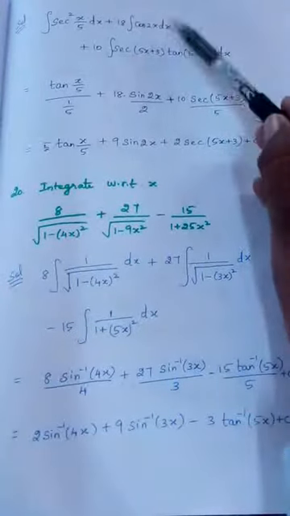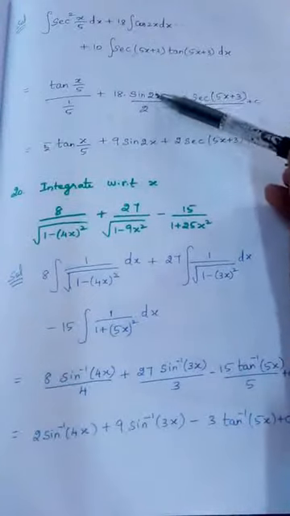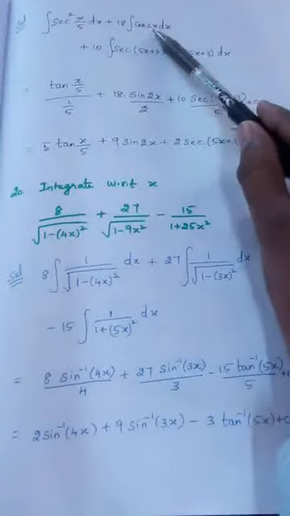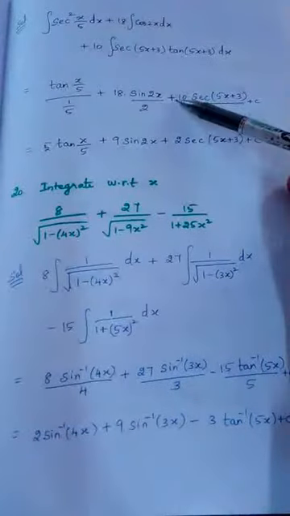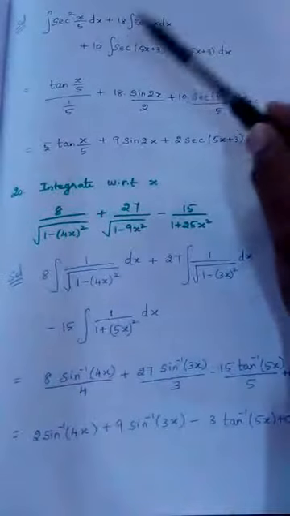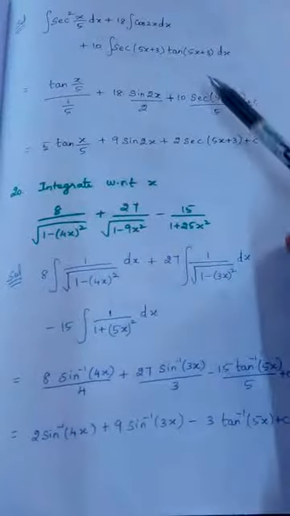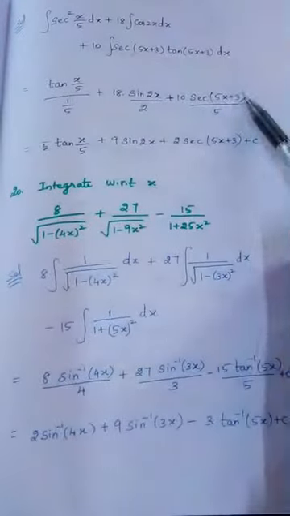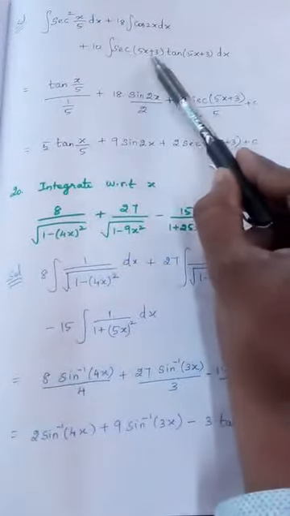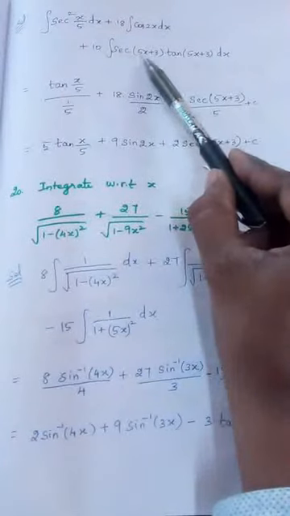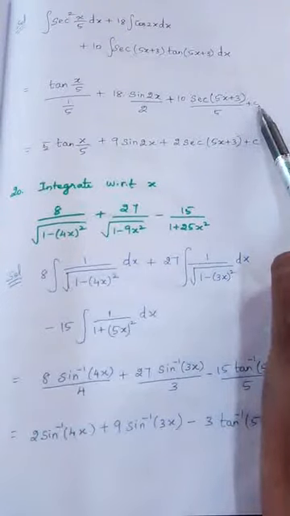plus 18 cos 2x dx. Integral cos x dx, answer is sin x, so sin 2x, but in place of x, 2x is present. Differentiating this again, 2 will come, 2 should be written in the denominator, plus third integration 10. We know integral sec x tan x dx, the integration answer is sec x, so sec(5x + 3), but in place of x, if you watch, 5x + 3 is present, so differentiating 5x + 3, once again 5 will come, so we should write that 5 in the denominator, plus integration constant.